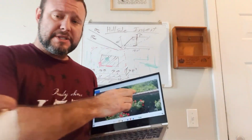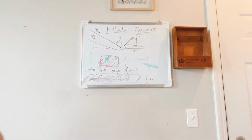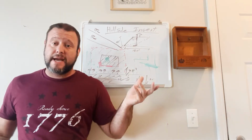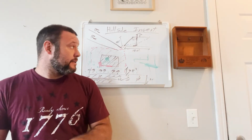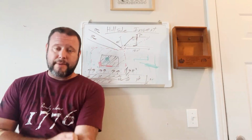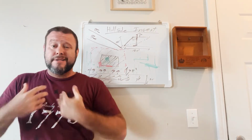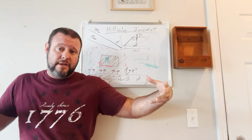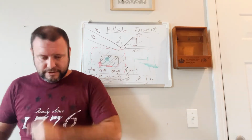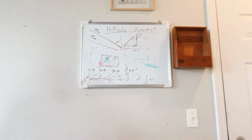So you can see with all the photos that we had on here, there's definitely, absolutely, 100%, no doubt in my mind that there's a hillside issue that's affecting this house, right? And it's probably just gradual slope creep. This happens generally regionally, right? Which means every single house on this street is probably experiencing a lot of the same thing. So that triggers, to me, it's a good place to market as far as the foundation repair services and stabilization and all that fun jazz. What that also tells me is when we start addressing the actual repair,